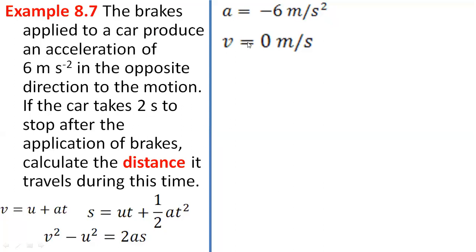Then final velocity is 0. It was not given in the question. Then how have we understood that final velocity is 0? Again from the same case, that brakes were applied. Brake lag gaya matlab kya? Car is going to stop somewhere, no? So final velocity would be what? 0. Final velocity is 0 because brakes were applied. What about t? T is given as 2 seconds. We have to find out distance. S value we need to calculate.